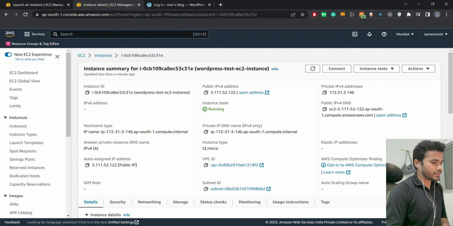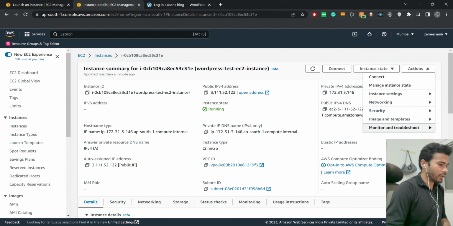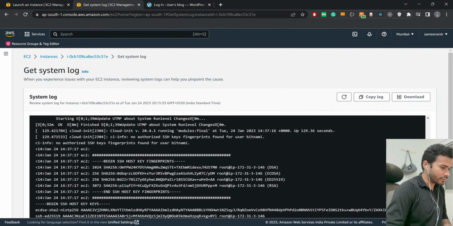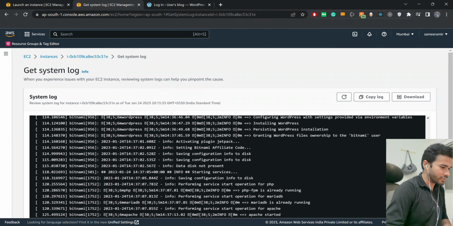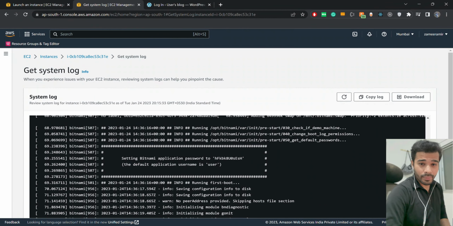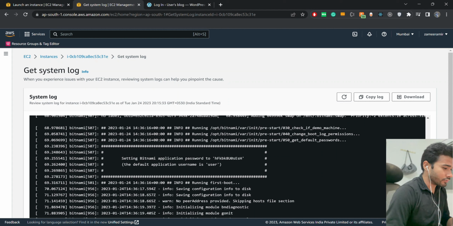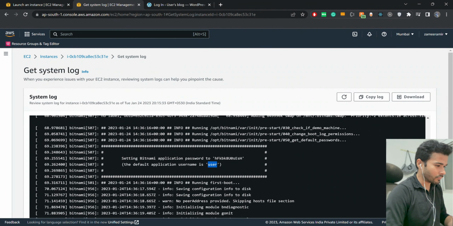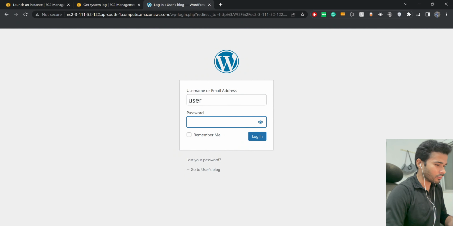On the instance detail page, we have to click on actions, go to monitor and troubleshoot, click on get system log, and it will give you the logs. As you can see, you have to go to a section where the Bitnami application password is shown. Alright, so the username is user and the password is what we got from the logs. Copy it. Click on login,